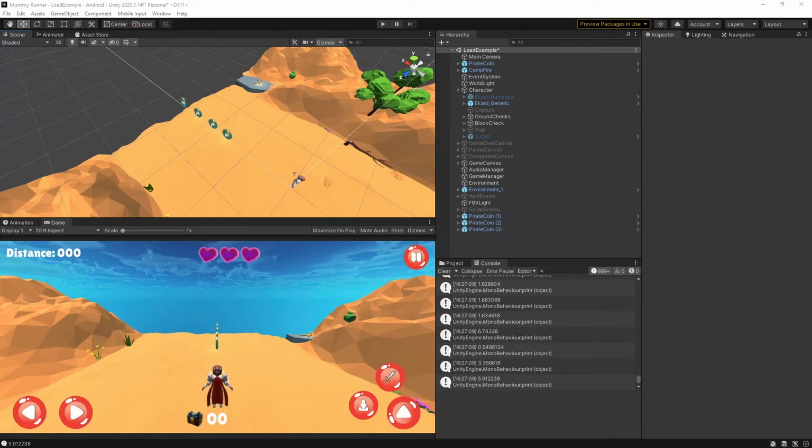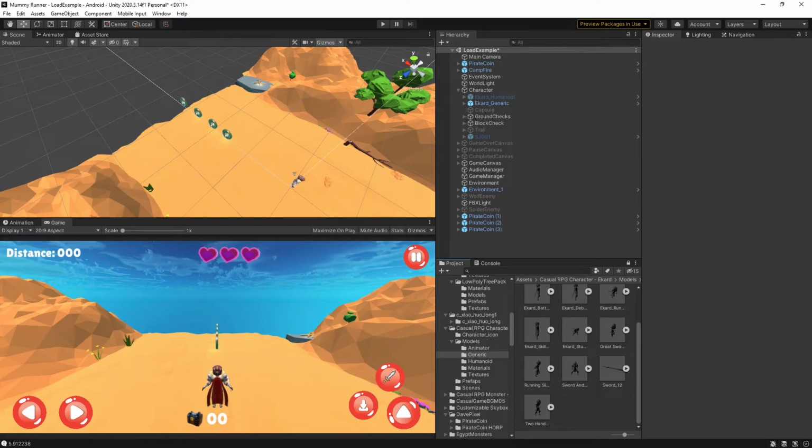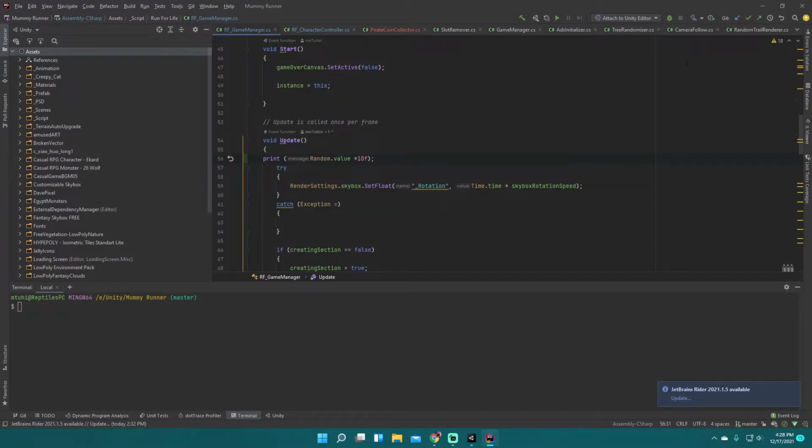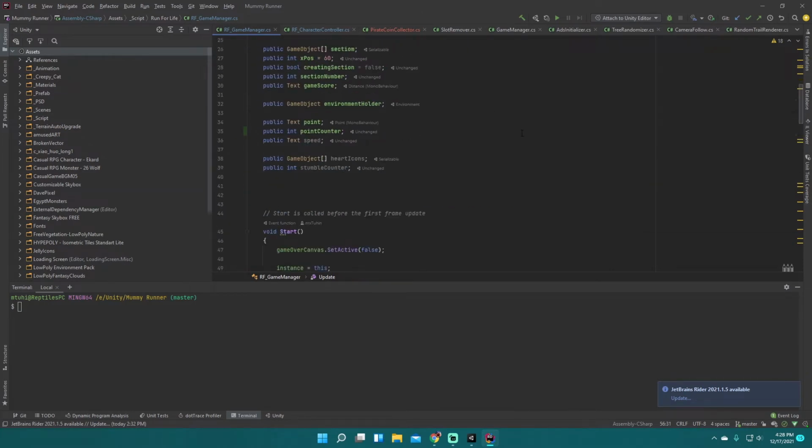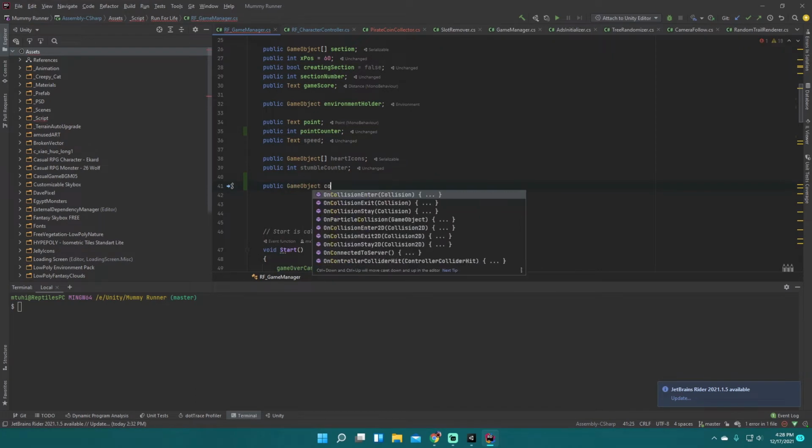Let's try it. Okay, currently let's check if there is any prefab. I think there is no prefab. I'm going to the game manager script. In the game manager script, text game object heart icons. Let's create a game object for the collectible